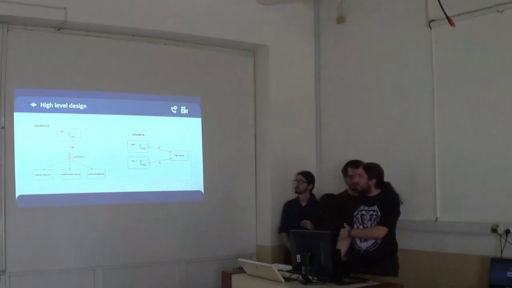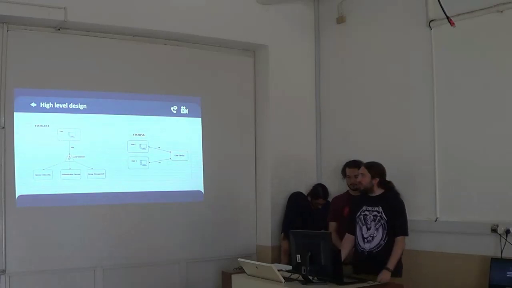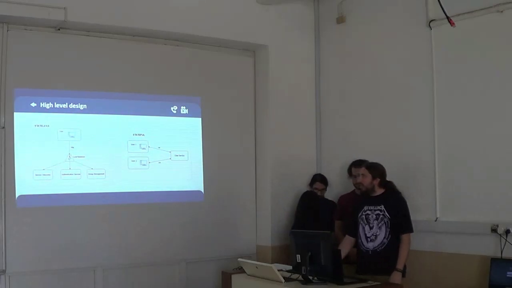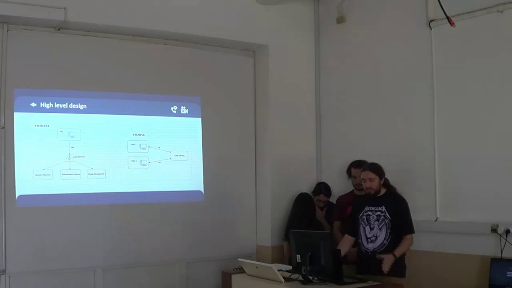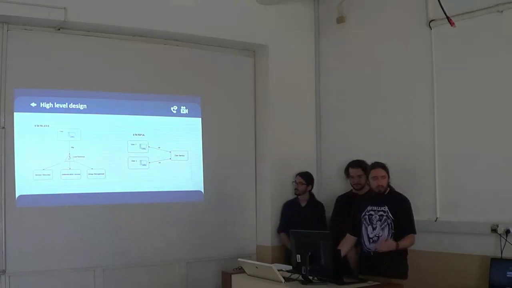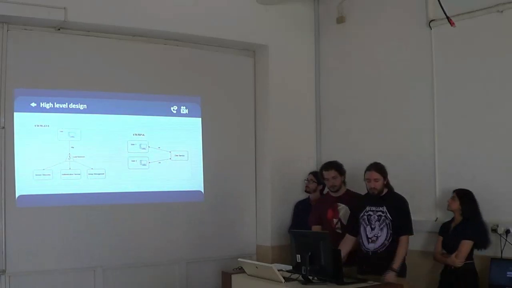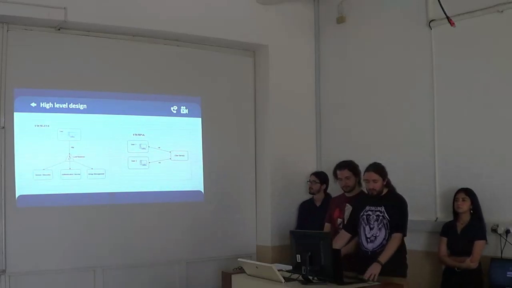So as you can see, we have two different modules, stateless and stateful. The stateless module is basically the interface or the platform required to access all the other services. So the user